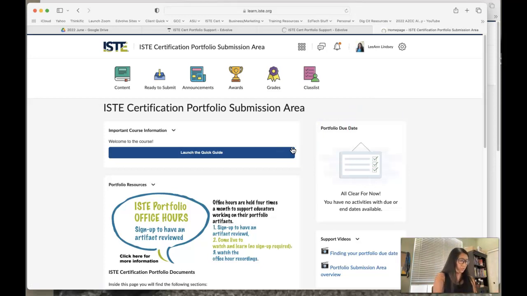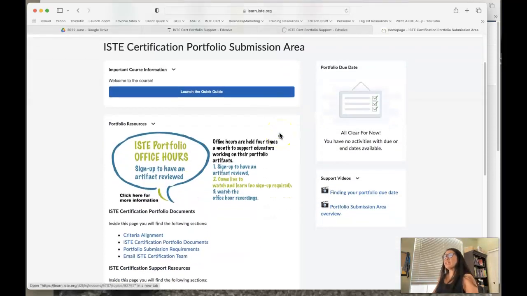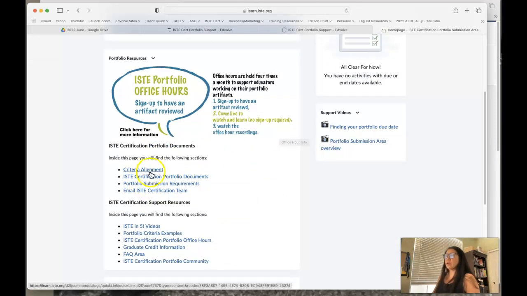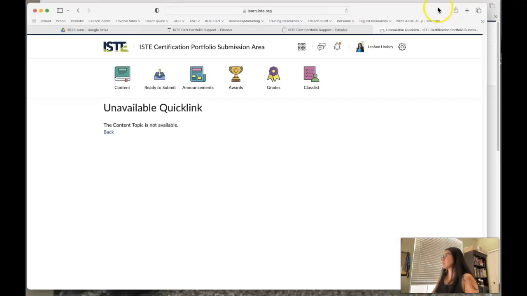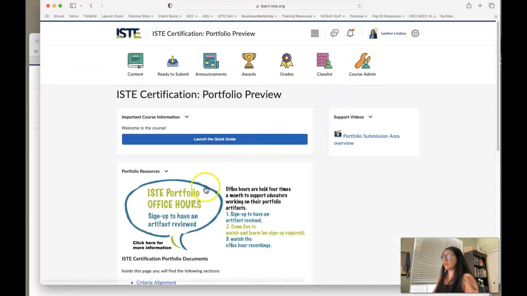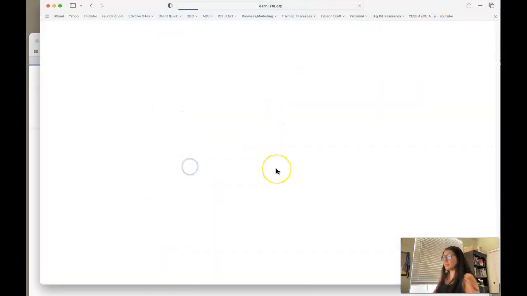Task number 2 is to read the applicant guidebook. Now, when you go down to your quick links, there is no quick link for applicant guidebook. This one happens to be nested under this second bullet, which says ISTE certification portfolio documents. So if you click there, oops, that's why I have to go to this page. If I click there,